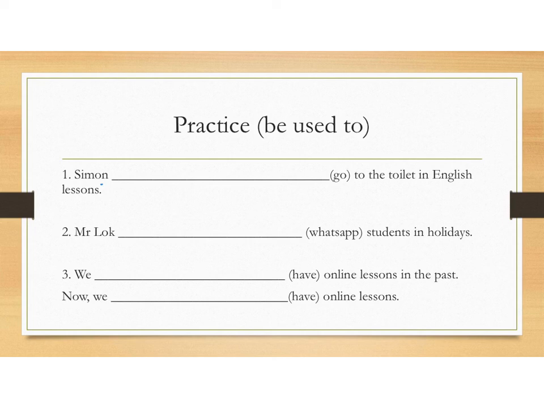Number 1. Simon go to the toilet in English lessons。我哋要用 be used to。Simon is used to go 要變翻做 going 呢個 gerund to the toilet in English lessons。我哋呢度用咗 is 呢個 verb to be，因為 Simon 係 third person singular 第三身單數。